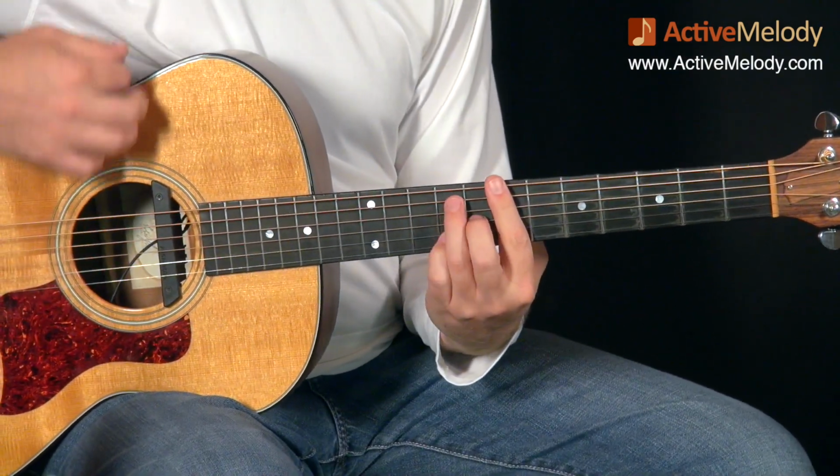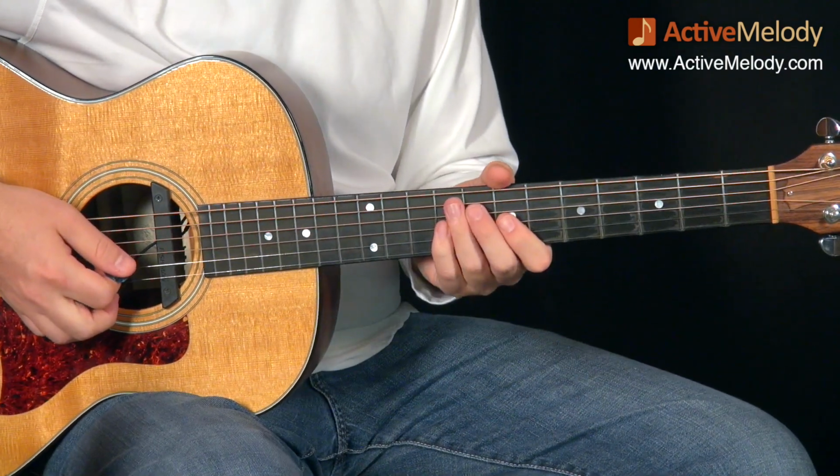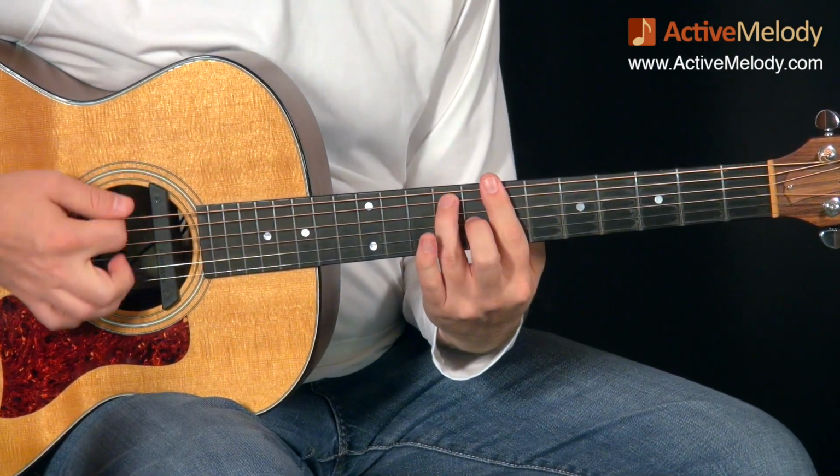Most people, I even do this, think of pattern 1, wherever I'm at in the root chord. But this is just changing it up a little. So